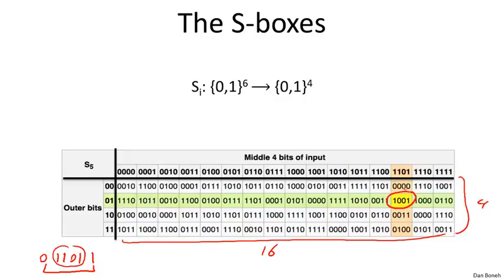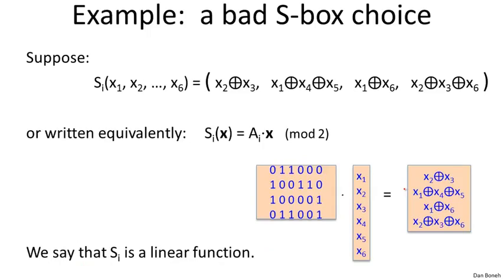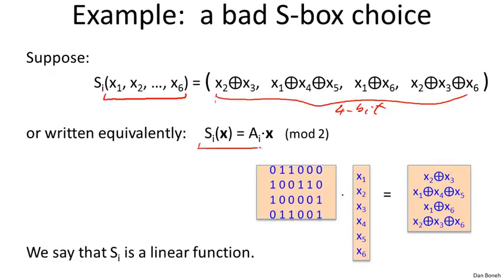And now the question is, how are these S boxes chosen? How are these tables actually chosen by the designers of DES? To give you some intuitions for that, let's start with a very bad choice for S boxes. So imagine the S boxes were linear. What do I mean by that? I mean that imagine that these 6-bit inputs literally were just XORed with one another in different ways to produce the 4-bit outputs. Okay, another way of writing that is that we can write the S box as a matrix